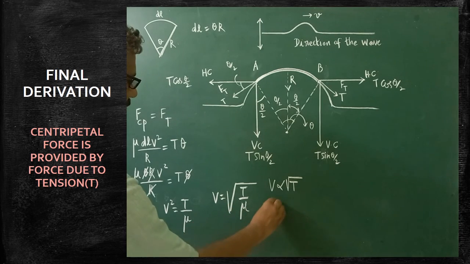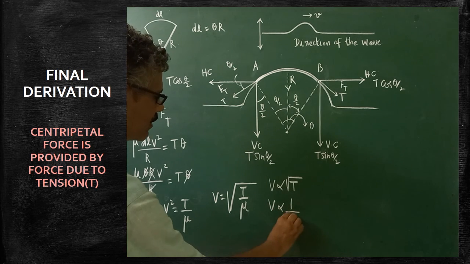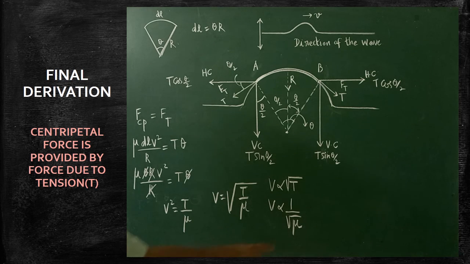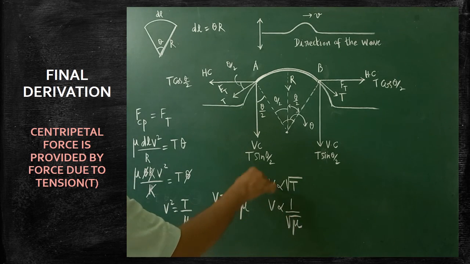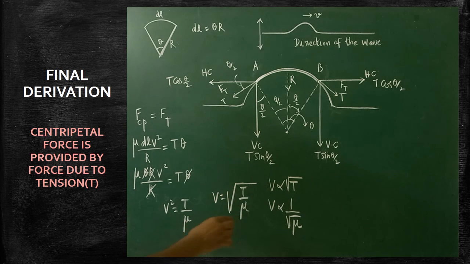The same velocity of the transverse waves through the string is inversely proportional to the square root of the linear density. Are you clear? The meaning is, when tension increases, velocity also increases. When linear density increases, velocity will decrease. When linear density decreases, velocity will increase. So these are all the conclusions. This is the final expression derived here. So V is equal to square root of T by mu. Don't forget the formula. Whenever we do any problem related to transverse waves passing through a string, this formula must be recalled. Understood?